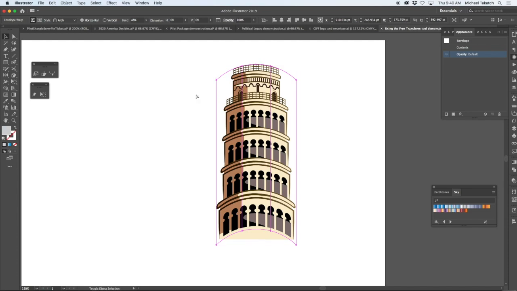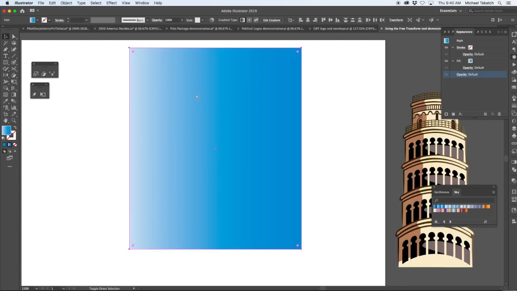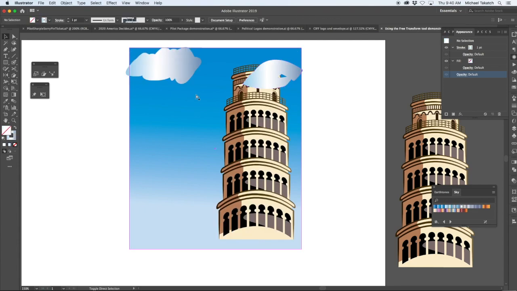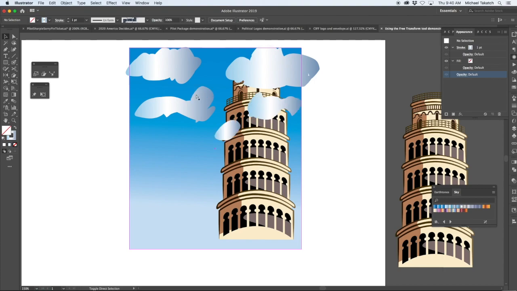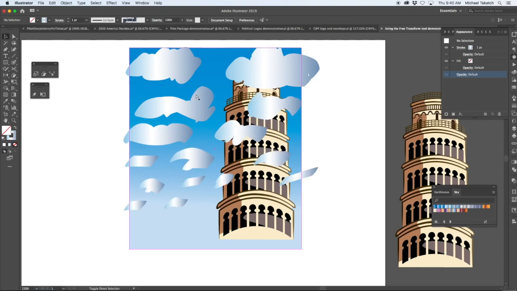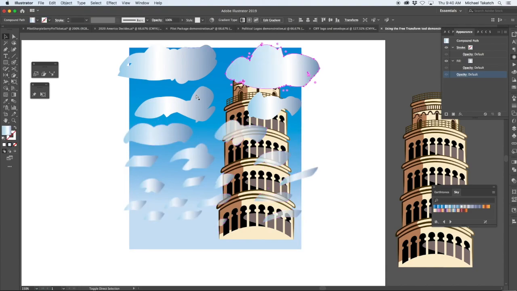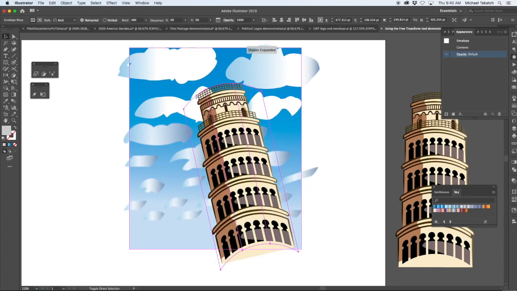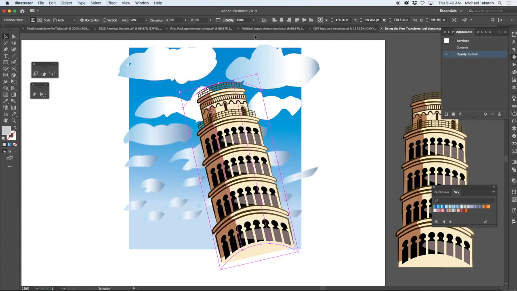image that you have and just putting a random rectangle behind it with a blue gradient, or however you want to make the sky, and then using the blob brush tool with a little bit of a gradient to make the clouds, and then selecting them with the direct selection, some on the bottom part, just to change the blur in the value. Then you can go back up and change some of the values as well as in the location at the top. So it'll give